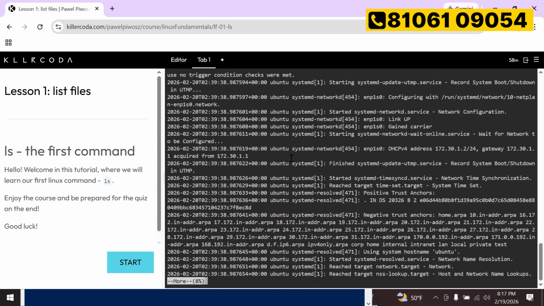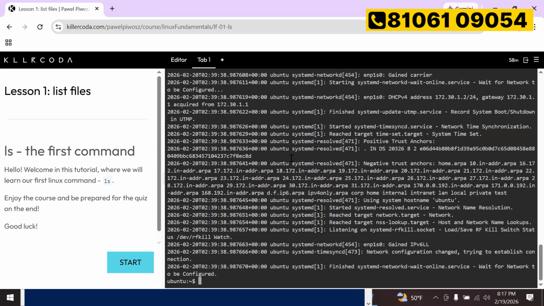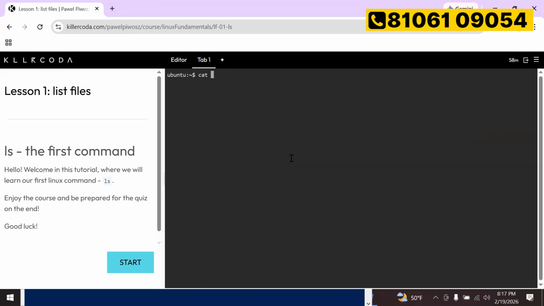So you can open a file with the cat command, or we can use the more command. The difference between cat and more is that cat will directly open the last page of the file. If you want to read page by page and understand the content, then you can go with the more command.